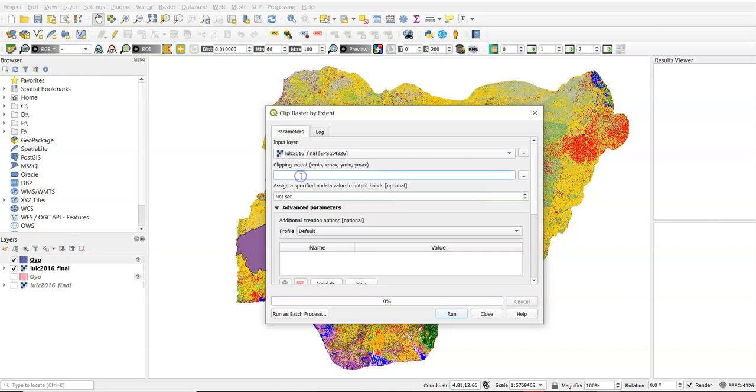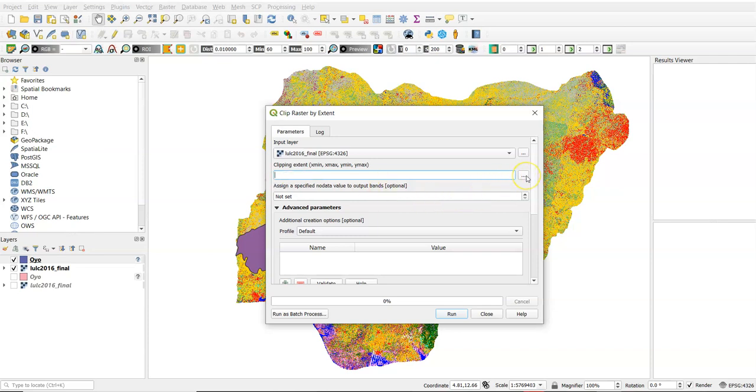For instance, we can type in, it must be decimal degrees, 7.666, comma, 4.345. That is if you know the minimum X and the maximum X and the minimum Y and the maximum Y.